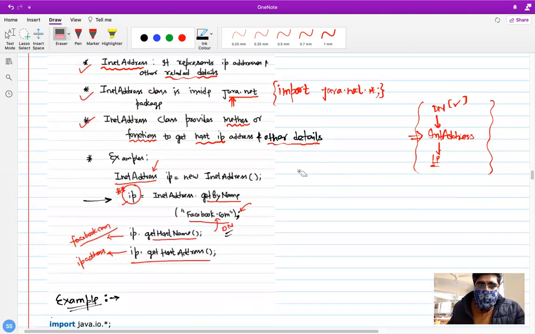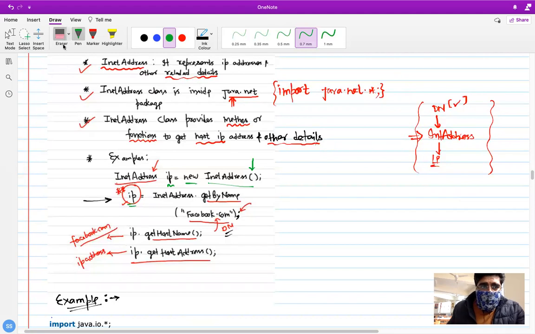Okay, so this is how you write it, InetAddress, and this is the object. We are creating the object here using the new keyword, and you have to pass nothing during the object creation. But if you want to use getByName, this is the method getByName. It means you provide the name and it will return you the IP address.